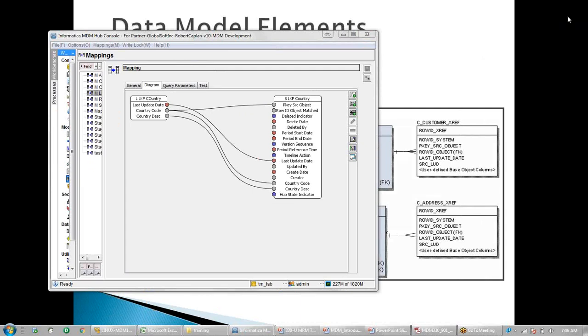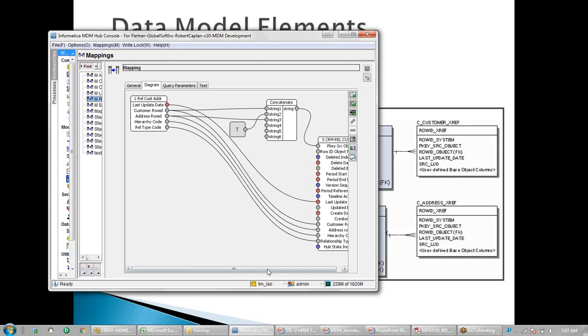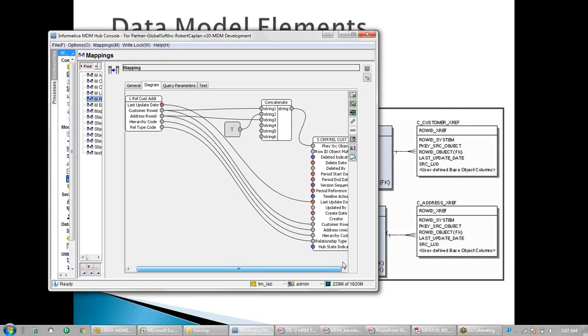Okay, so here you see that the first column is row ID system. In this case, row ID system will contain which value? Row ID will contain this value.